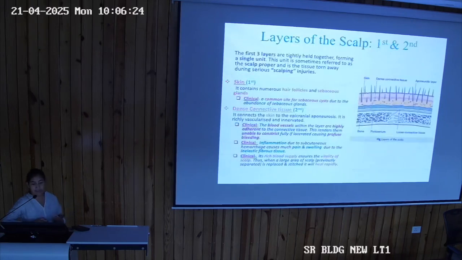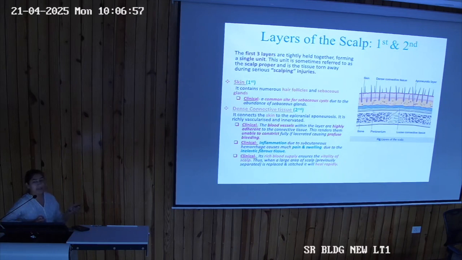Now coming to the layers one by one. If we talk about the first layer, the skin: everybody has seen that it has hairs on it. If hairs are there, then there are glands related to them. What is the name of the gland? Sebaceous glands. How do you see them histologically? Sebaceous glands are seen like a bunch of grapes in histology near the hair follicle. At the hair root you can see the bunch of grapes, which is the sebaceous gland.